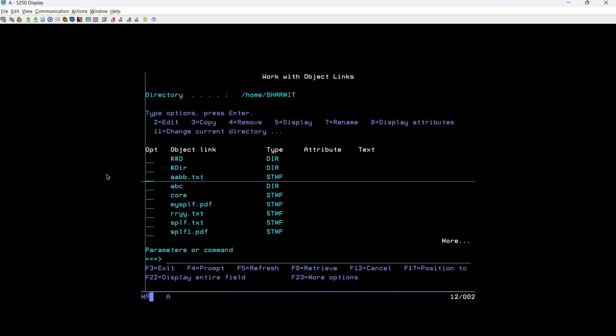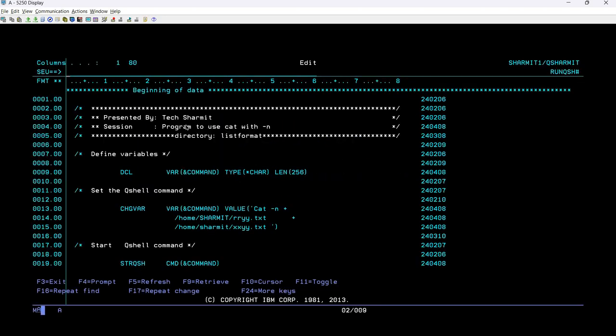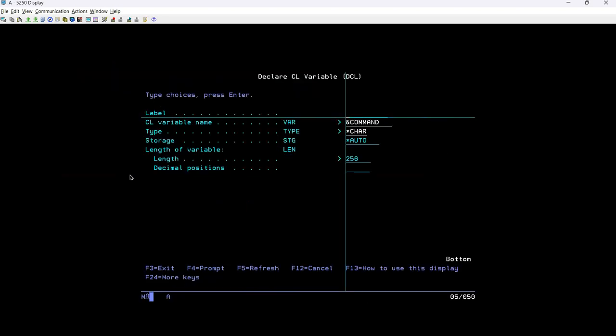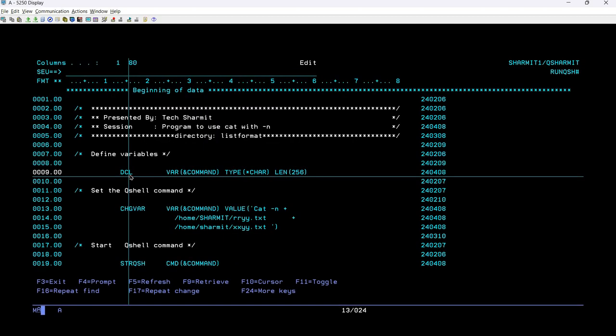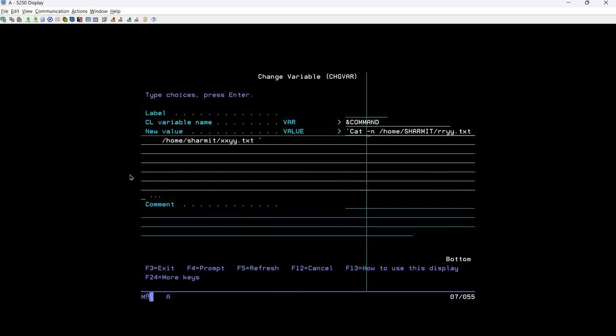Clear? So I think now it's a good time to start with the CL part. Let me quickly show you. I have already created one program. This program uses cat with -n. For that, simply declare a variable with the DCL command: name, variable type, storage, and length. Then simply hit enter. The variable is declared. Then write CHGVAR, then cat space -n, which is for line numbers, space /home/sharmit/rryy.txt